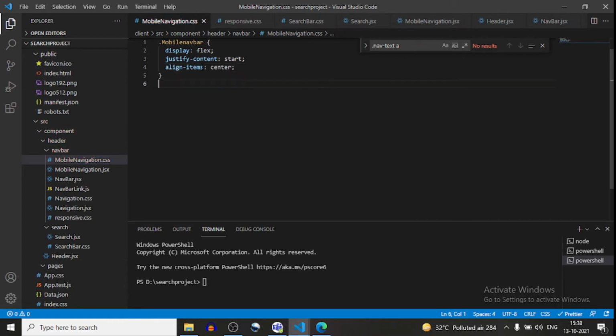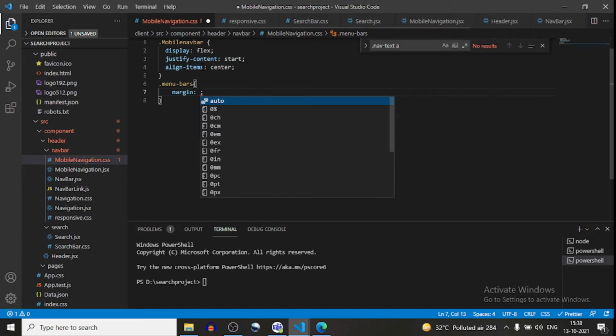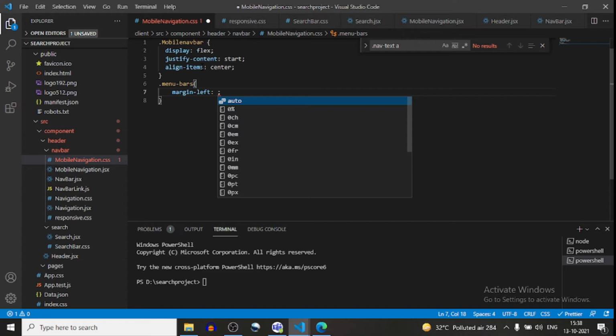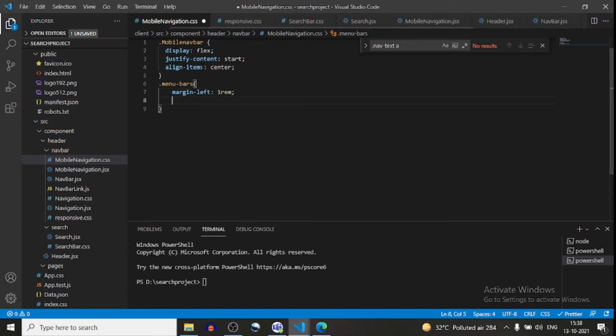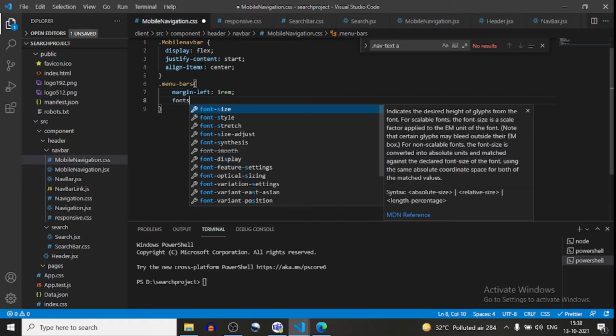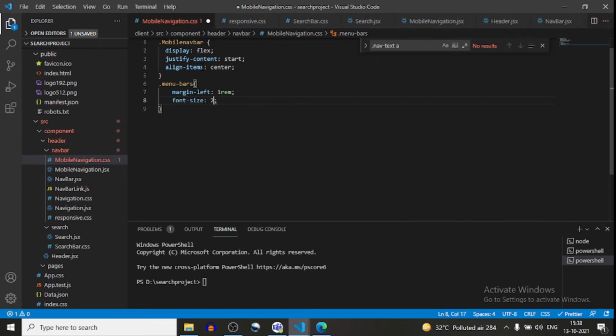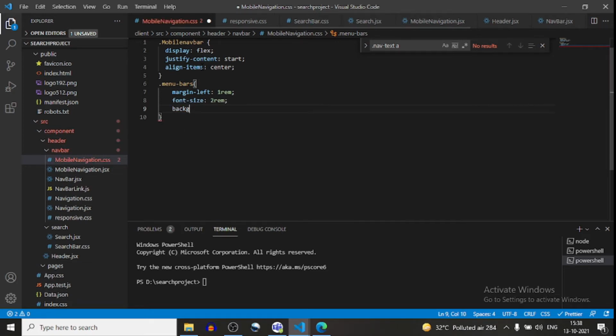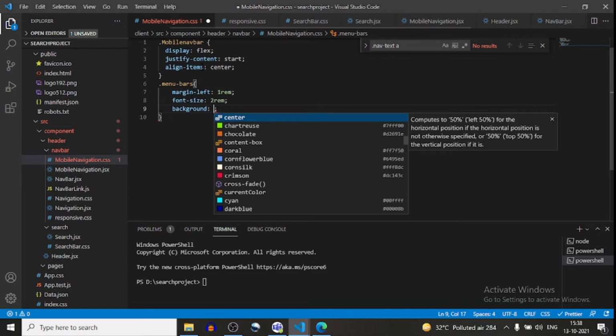Okay, and menu bars, this menu bars where I will use, I will let you know. Margin left will be 1 rem, and font size will be 2 rem, and background will be none.